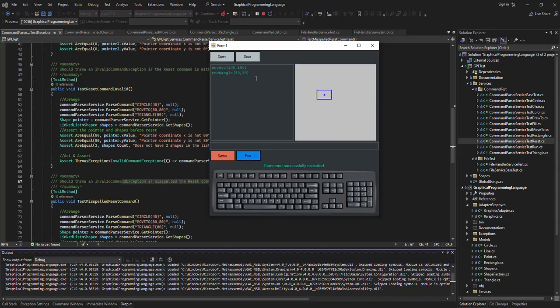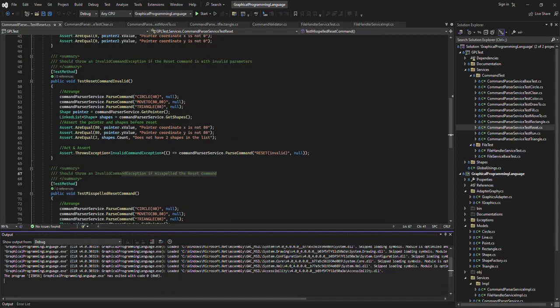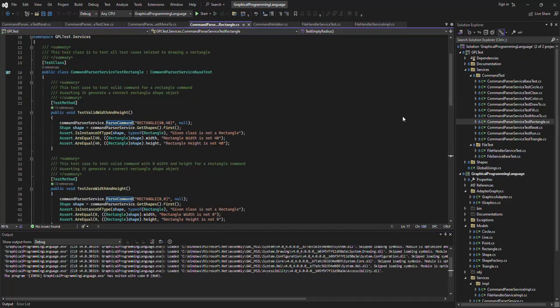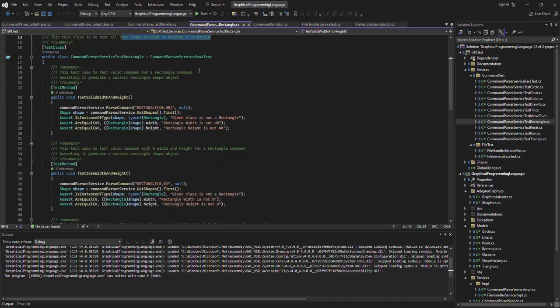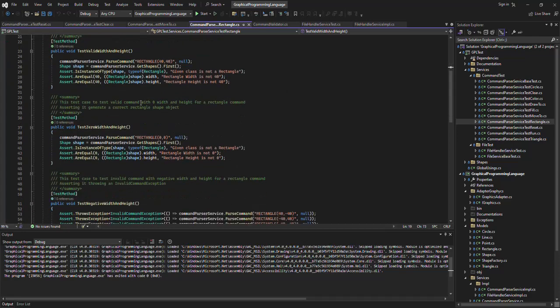Yeah. So the rectangle is drawing on the canvas. For this one, I have created separate test cases for the rectangle. This test class is to test all the test cases related to the rectangle command. I have tested the valid commands and